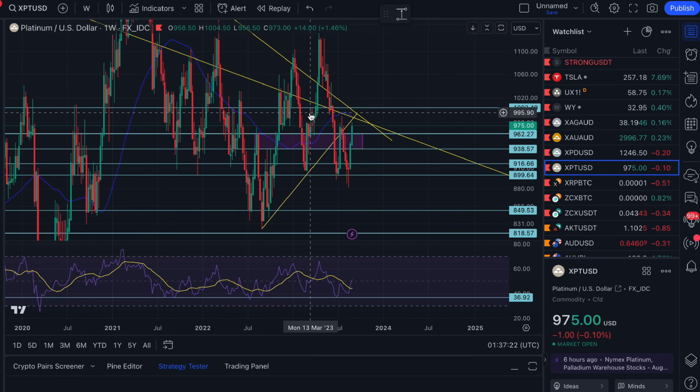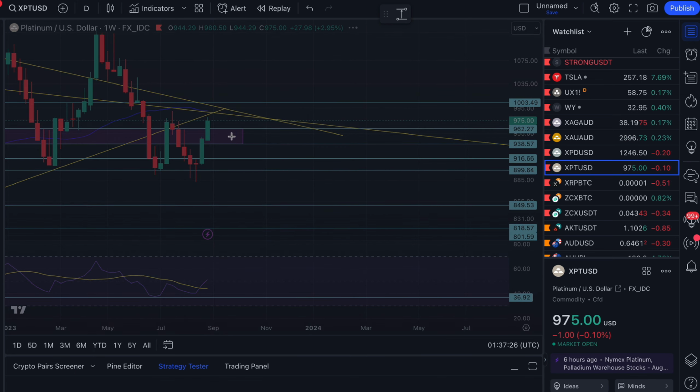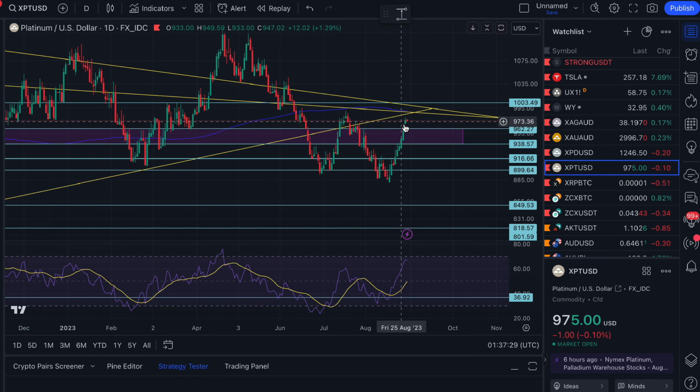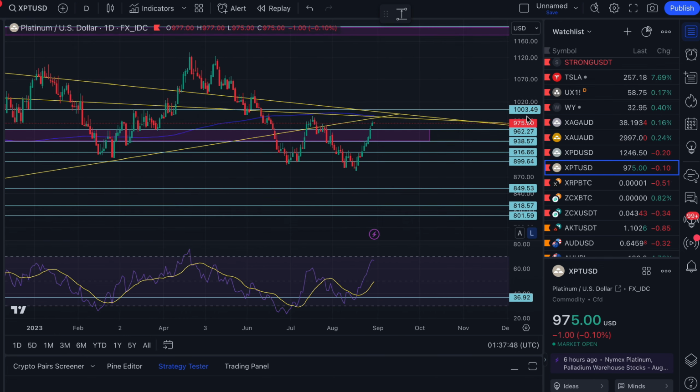Moving down from here, so as I said, you've got that 960 area. If we do break down and it's all a fake out and we're just heading right back down again, if we break down through 960, then you're going to see 940 as an area of support, big support right there. That's a little interim one. What I'd love to see is just a couple of days, 1 or 2 days, at 960 and then bounce off, going down, probably down to 940,